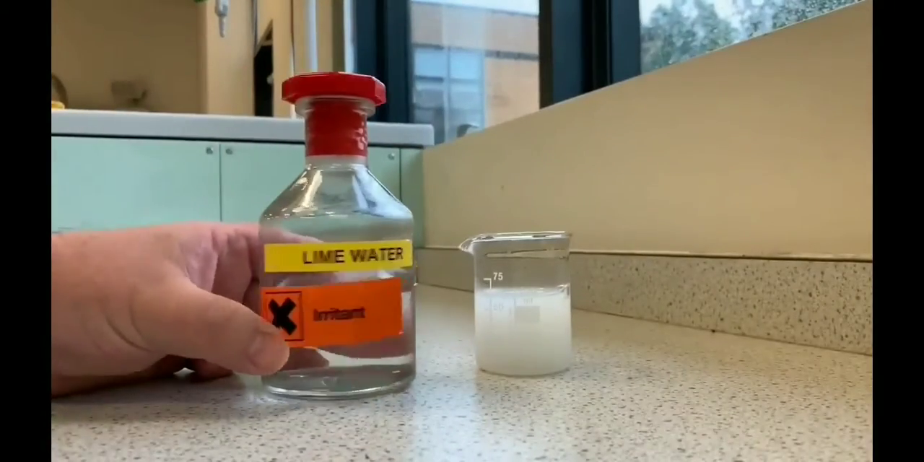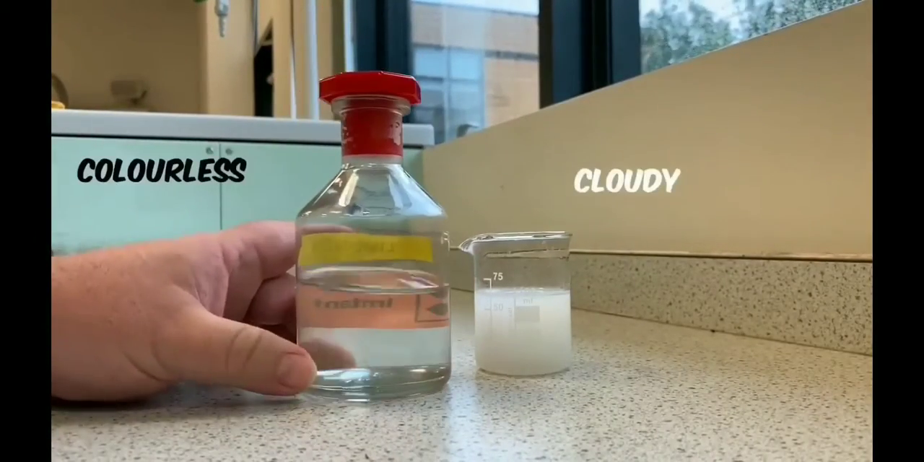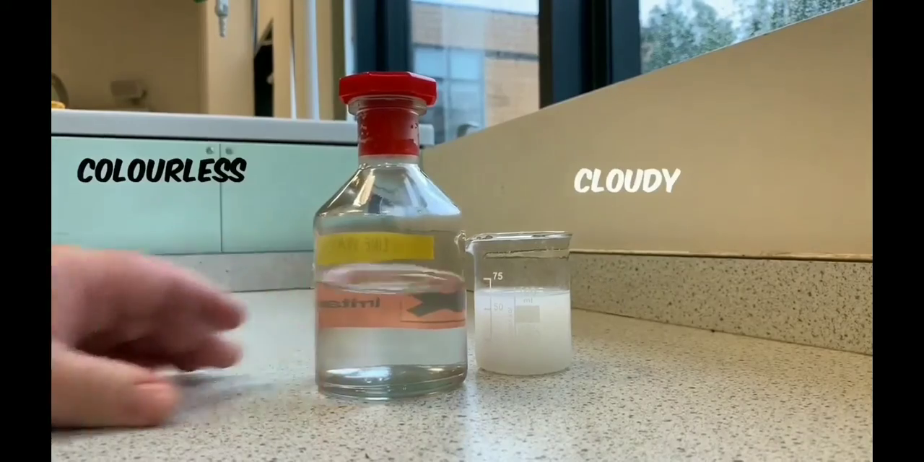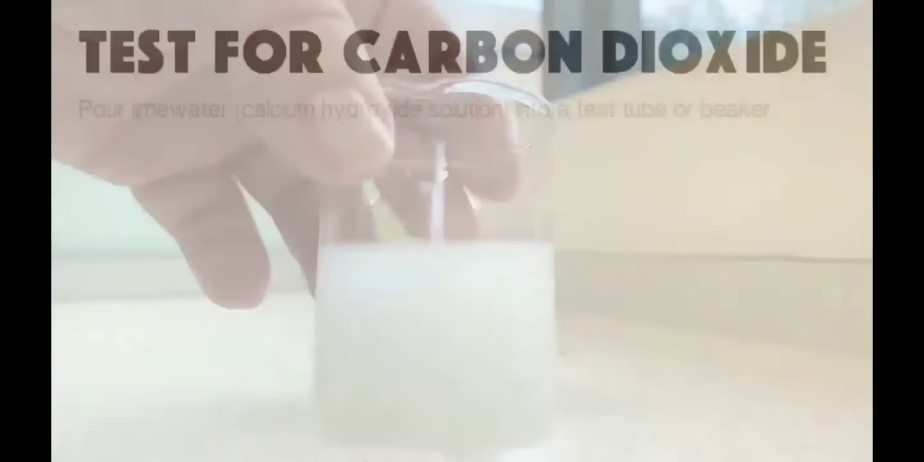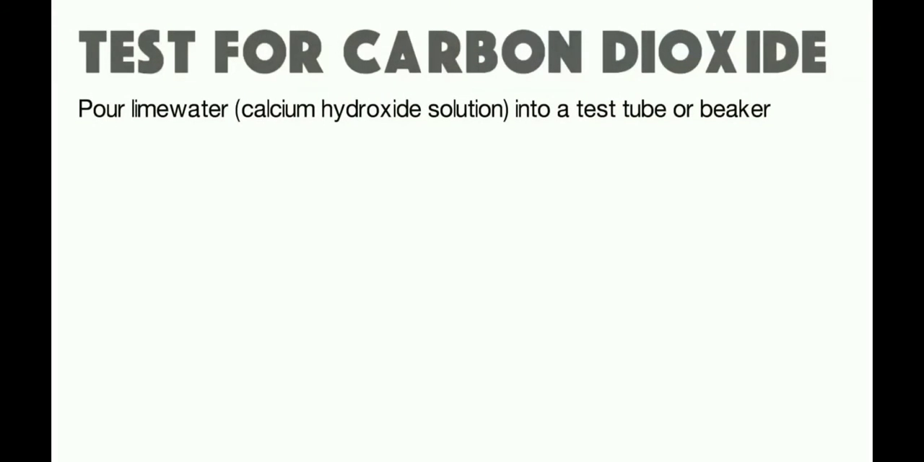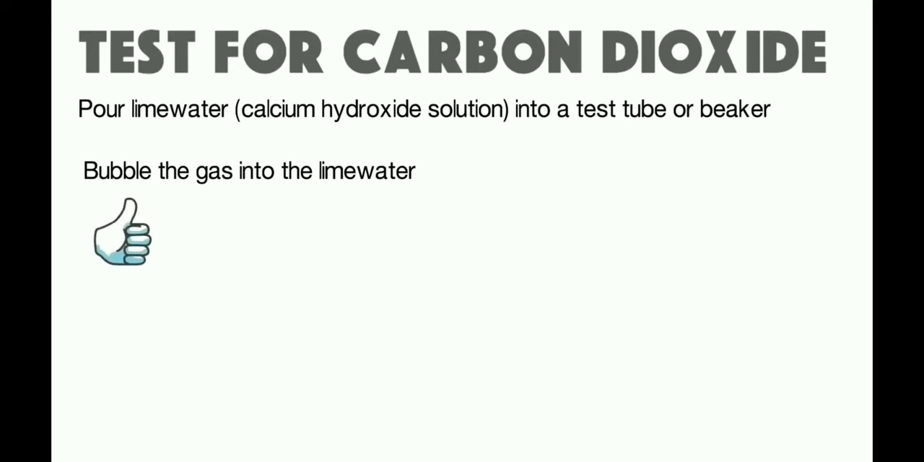So just to compare, here we have lime water, which is colourless. If we bubble carbon dioxide through, it forms a cloudy precipitate. So to summarise, we pour lime water into a test tube or beaker and we bubble the gas into the lime water, and the positive test for carbon dioxide is it will turn